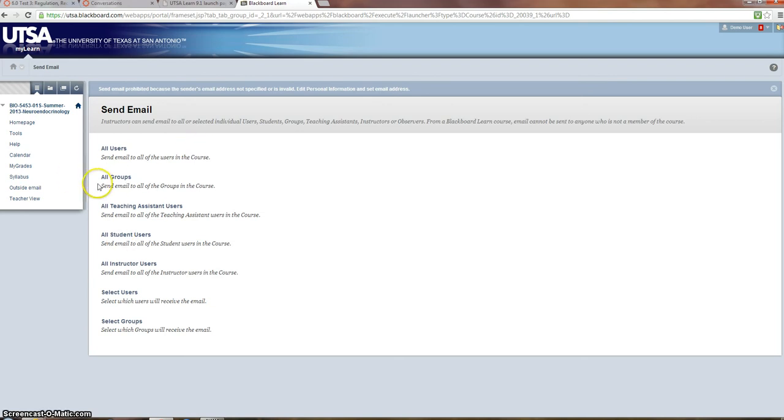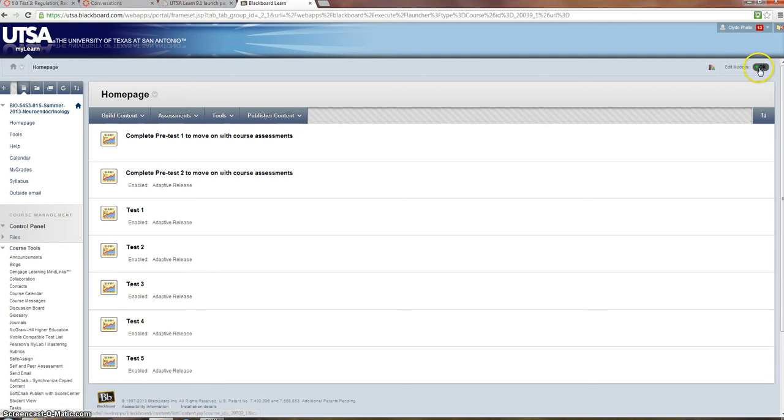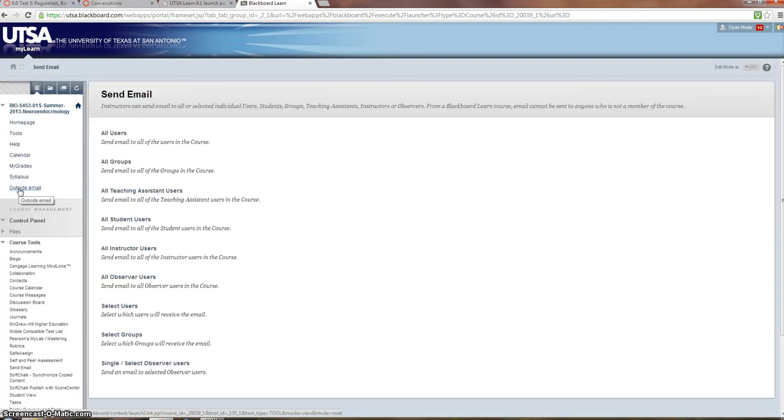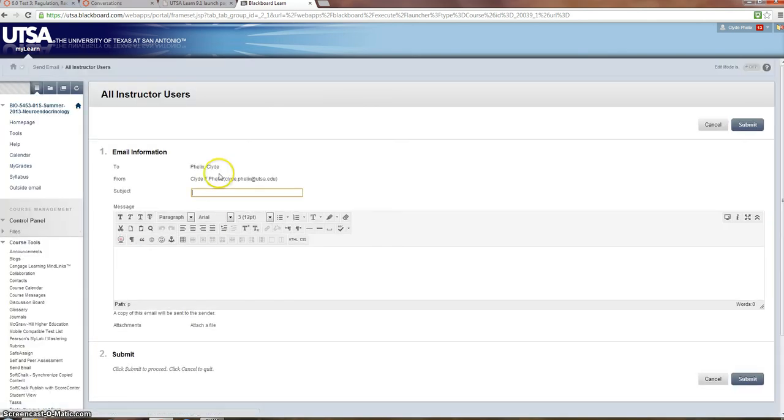Oh, see, when I'm in here as a student, I don't have an email address, so it won't let me do it. So let me go back to teacher view, turn this off, and see what it does for me there. Outside email. All instructor users. There you go. And you see it's just sending it to my utsa.edu. But the idea is that if you were in here taking a test,